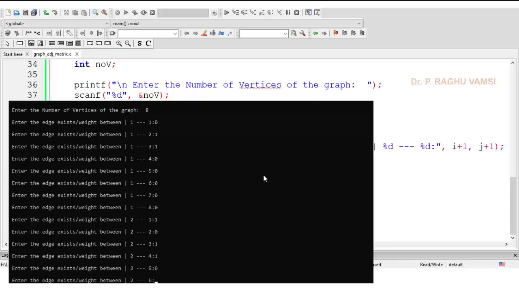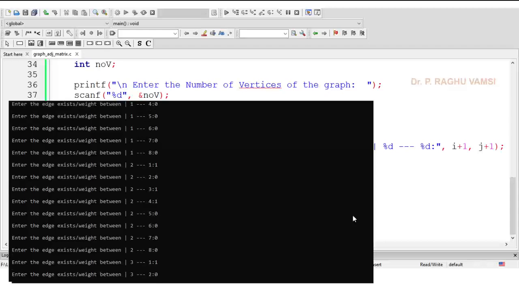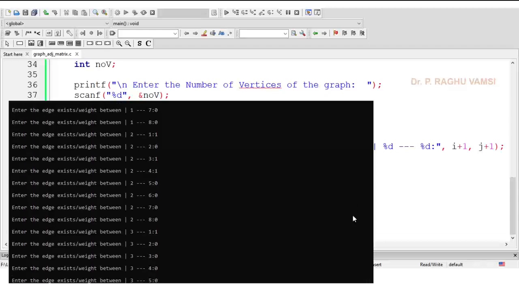The remaining ones are all zeros. Now 3 to 1, yes, there is a path, and from 3 the corresponding ones are 3 to 6 and 7. So 2 is 0, 3 is 0, 4 is 0, 5 is 0. Now 6 and 7 there are paths, and 3 to 8 is 0.